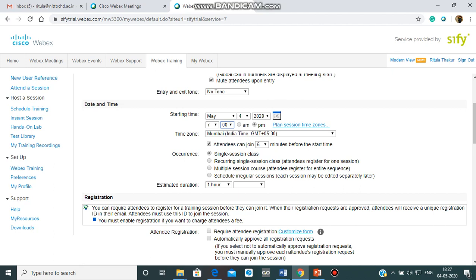In the occurrence, you have various options. Either you can create a session every time or else you can create the multiple session course also. In my case, I would give my own experience that I had created all the sessions at one time and all the links were sent to the participants. However, after every session, I used to get emails from the participants that please send us the link for the